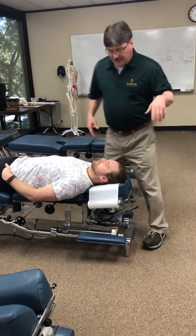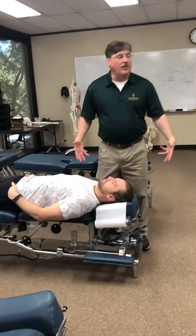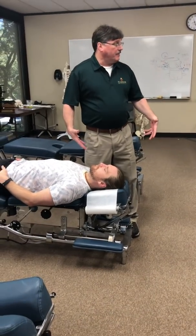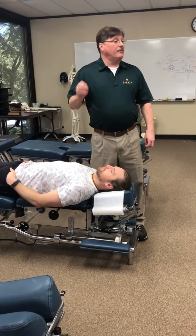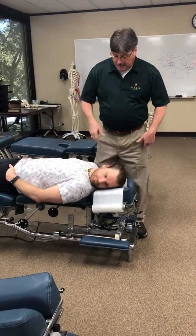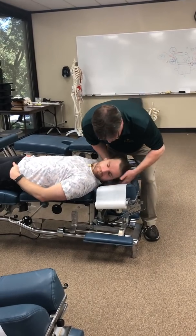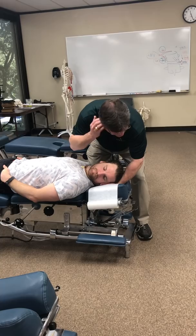Now, guys, you don't start from the head of the table and then move to the side of the table. Just start here when you set up for this. I will be adjusting for a right lateral flexion restriction. I'm going to have him turn his head away from me. I'm going to slide my hand underneath his head, cupping the ear, heel of my hands just above his ear,